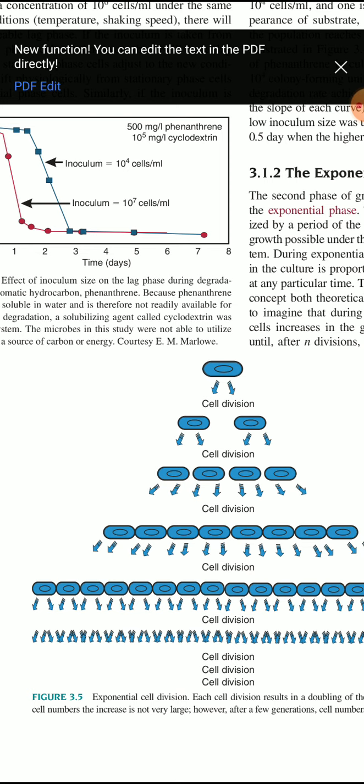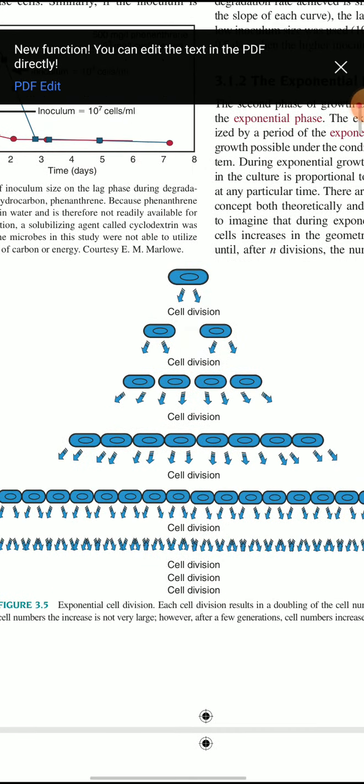So it is essential that we understand how the bacteria grows and what are the different phases in it. There are 4 phases in the bacterial growth curve. So let's first understand how the bacteria divides. As you have seen with all the other microorganisms, bacteria divides by the aid of binary fission.